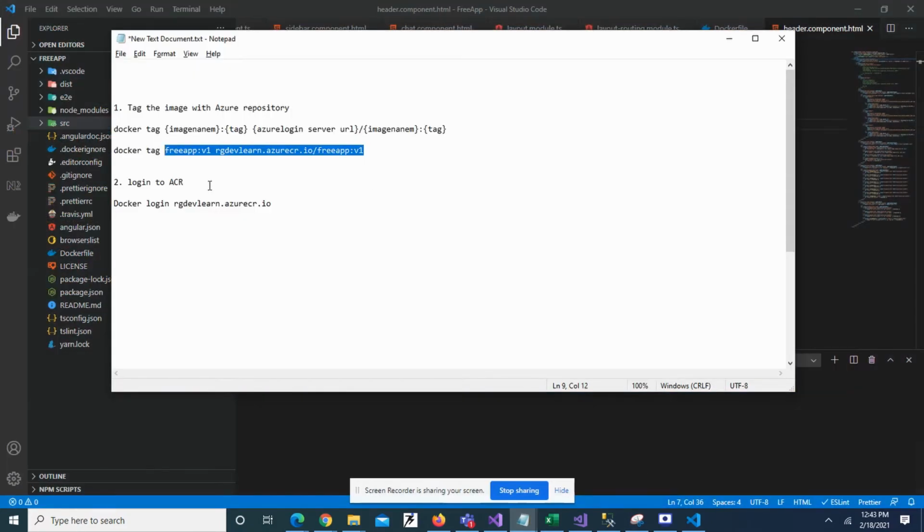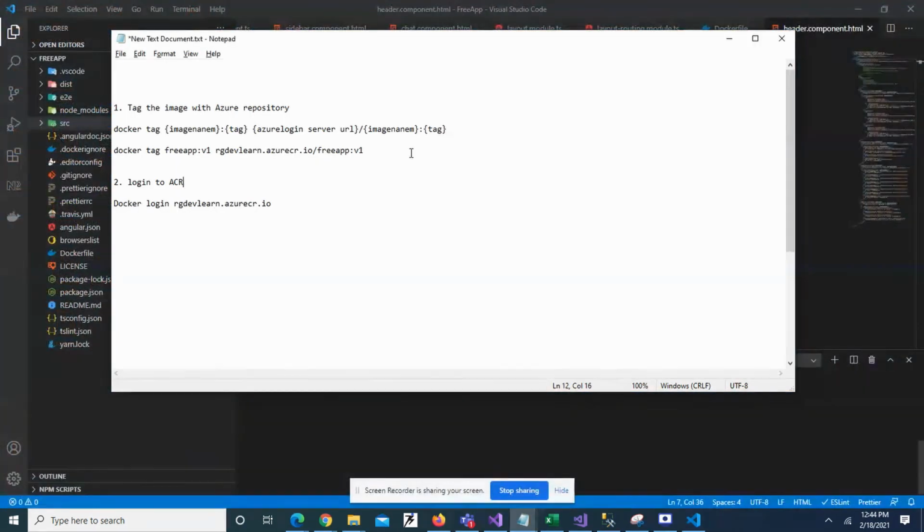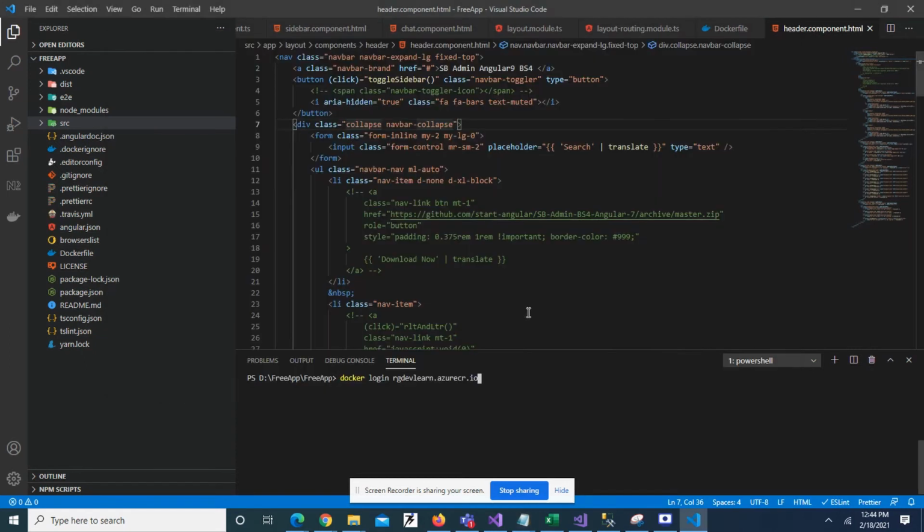The second step is login to Azure. So Docker login, then our resource name. Let's do the same thing again. Docker login, our resource URL, which I showed in my previous step here. This is our URL. Alright, let's hit enter